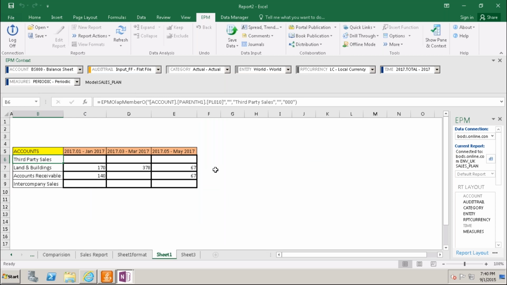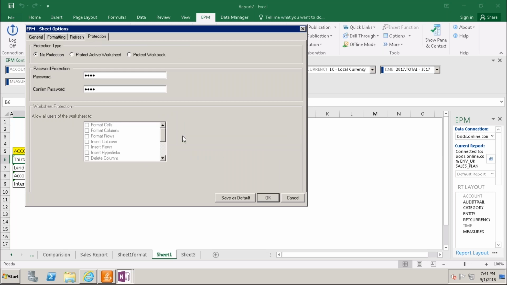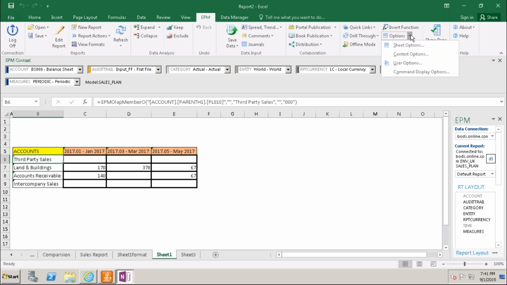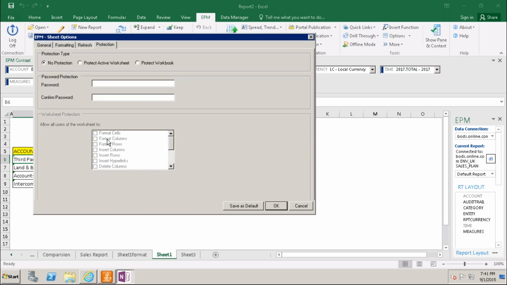So the entire workbook is protected now. I'm taking out the password: sheet options, protection, no protection. Okay. And also in the protection, whenever you give this protection, this will be enabled.